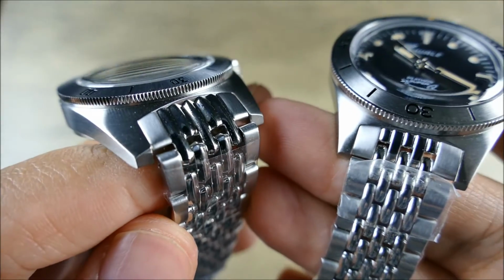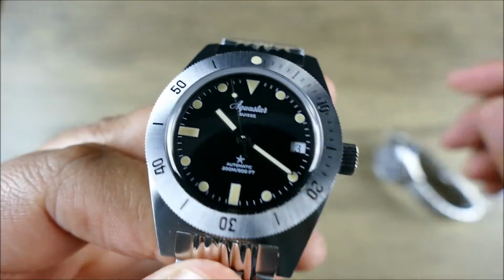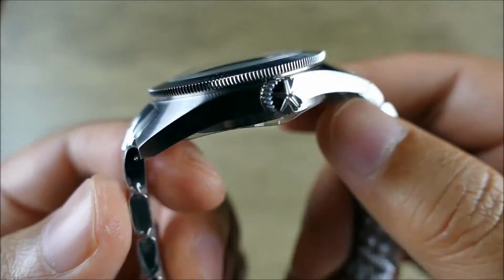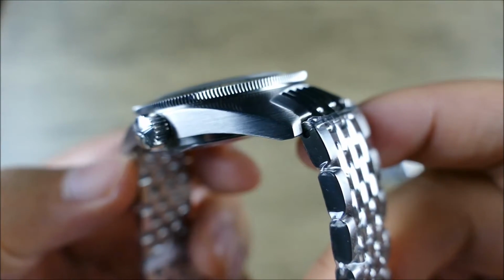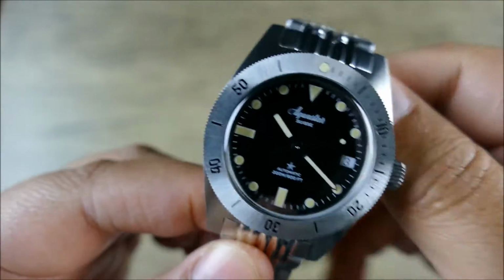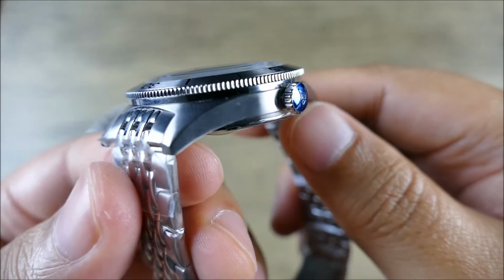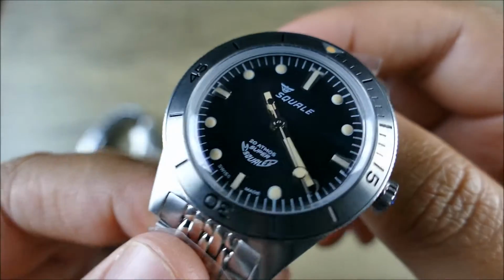But when it comes to the actual build quality, I will say for me, the Aquastar is the star of the show. It definitely, for me, the level of finishing there on the brushing is a little bit finer. It's just a little bit sharper, a little bit better defined, feels a little bit more expensive. Whereas the Squale, although very, very nicely done, definitely feels more like a pretty standard tool watch affair,